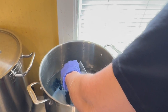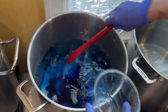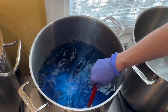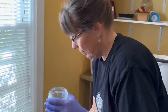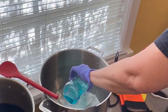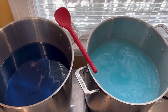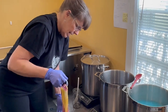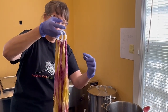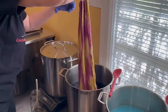So we're going to put that in the dye pot over here. Make sure it all gets in there. Look how pretty that is. Oh my gosh. We have copper sulfate at the same percentage. Wow, look how different those 2 blues are. So we're going to take 2 of our skeins that have already been dyed with cochineal, fustic, and weld. And we'll put that into the